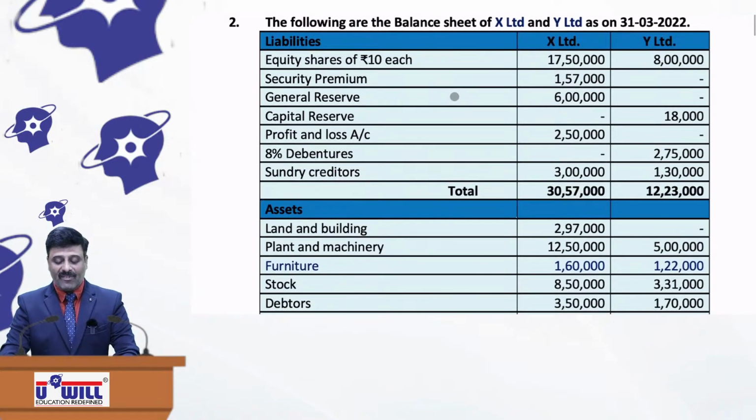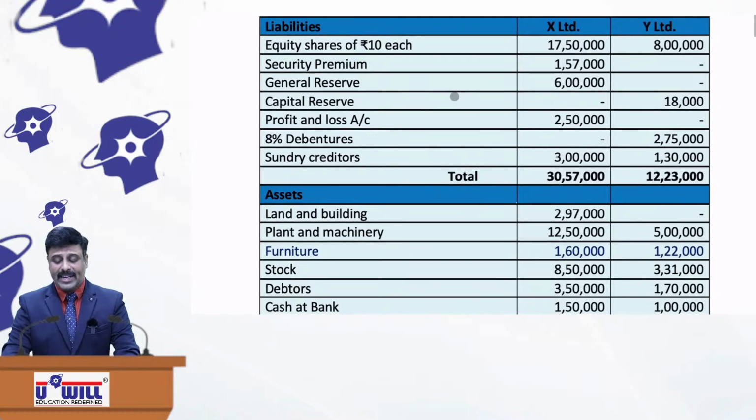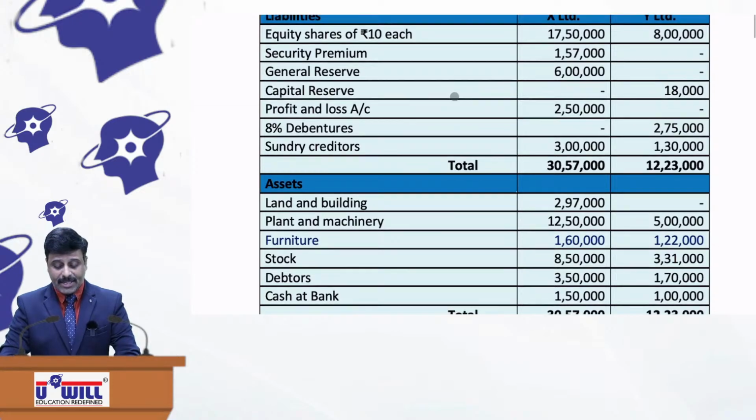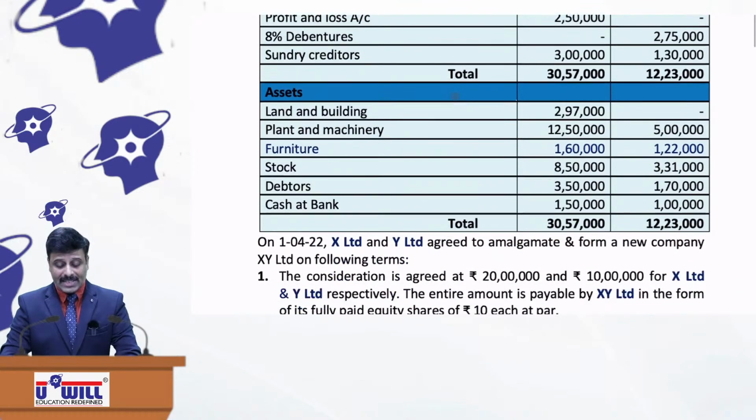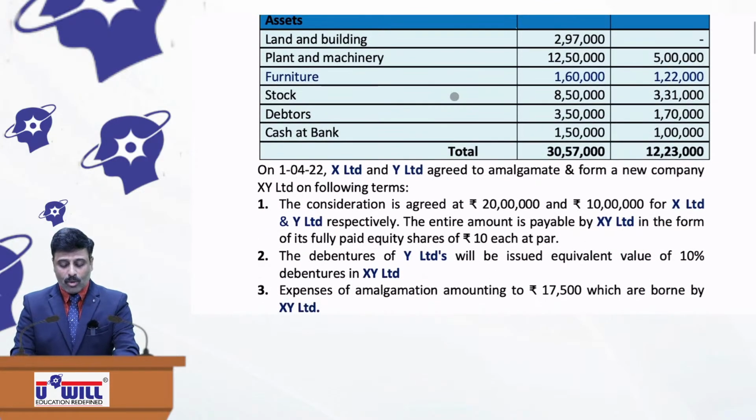Now see the question. The following are the balance sheets of X Limited and Y Limited as on 31/3/2022. Equity shares of 10 each, 17,50,000 and 8 lakhs. Security premium, general reserve, capital reserve, profit and loss account, 8% debentures and creditors. And in assets, we have land and building, plant and machinery, furniture, stock, debtors, and cash at bank. Now, on 1/4/22, X Limited and Y Limited agreed to amalgamate and form a new company XY Limited on following